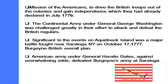Well, that didn't work. That campaign did not work. The army that came across upstate New York was forced to turn around. Their supply lines were getting too long. They really had a hard time. This was under General St. Leger. Then another army came up from New York, and they got bogged down as well, although they had more success than most. But the one that really matters is the one that came down from Canada, and that was led